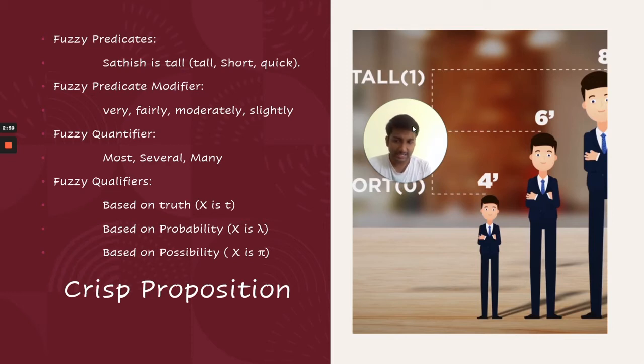It has a thin line of difference between the fuzzy proposition and the crisp proposition. In fuzzy proposition, fuzzy set membership ranges from 0 to 1. But in the crisp proposition, we have only 0 or only 1. Okay. And next is